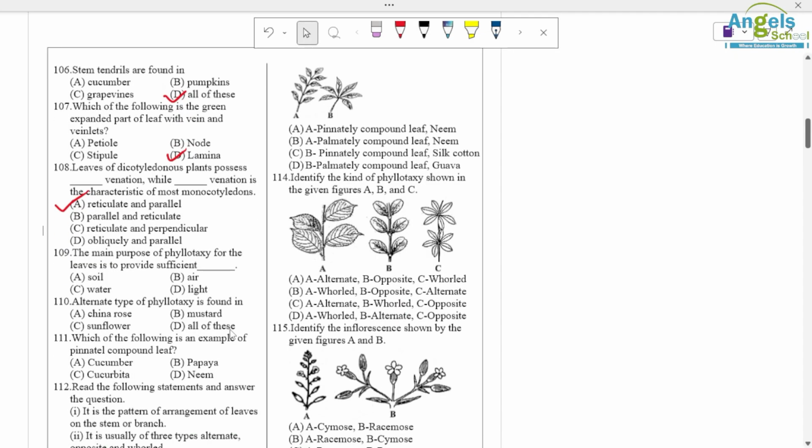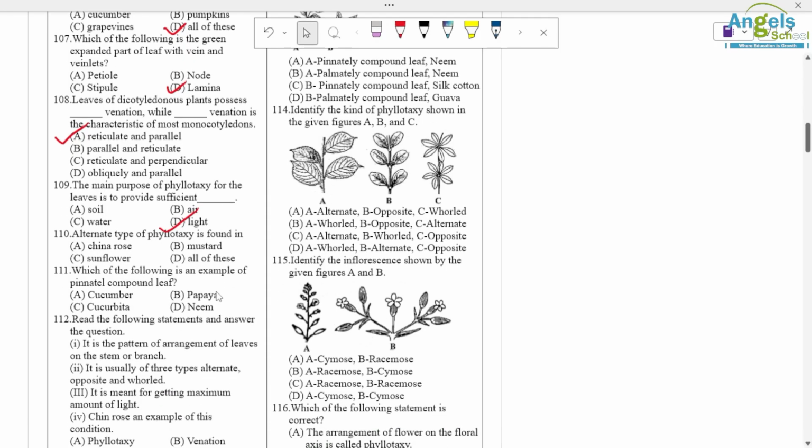The main purpose of phyllotaxy for the leaf is the arrangement of leaves to provide sufficient light to all plants. Alternate type of phyllotaxy is found in, for alternate phyllotaxy